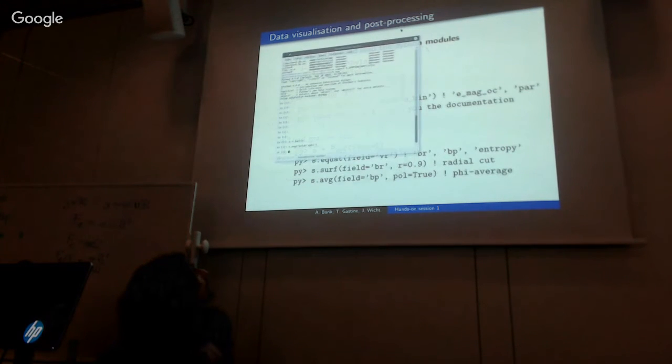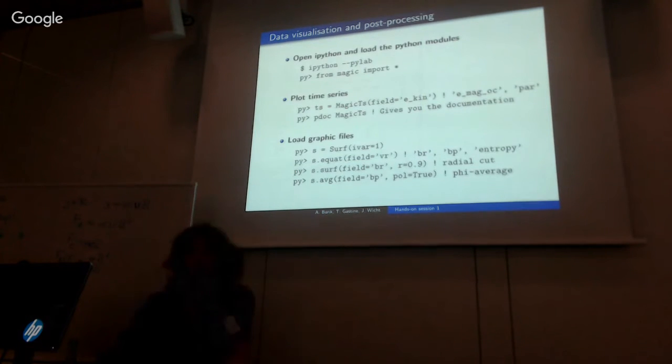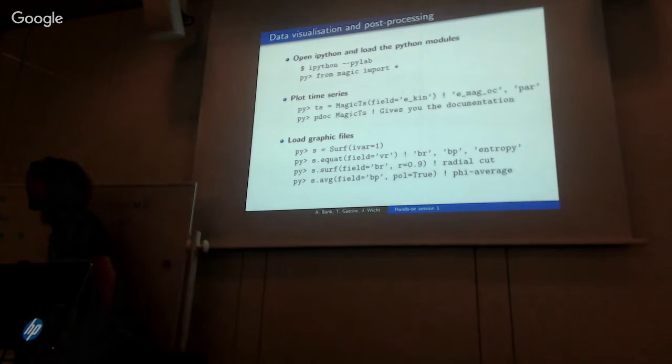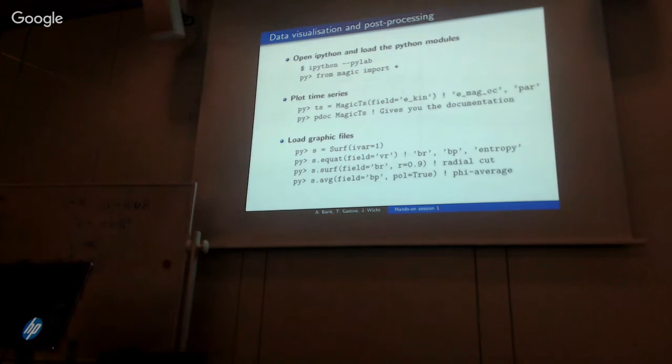Okay, so did any one of you reach this stage where you can start playing with the visualization? Guys still running, but